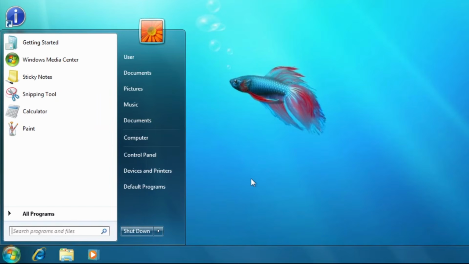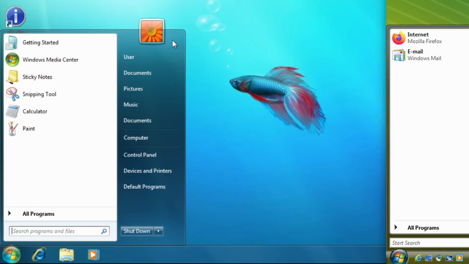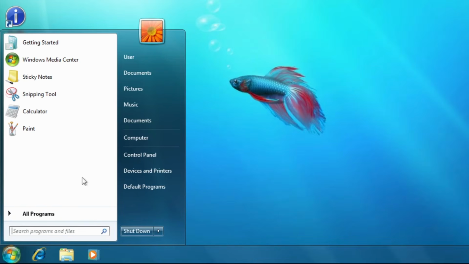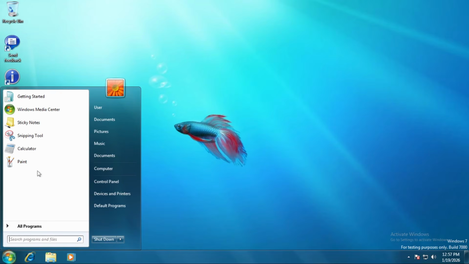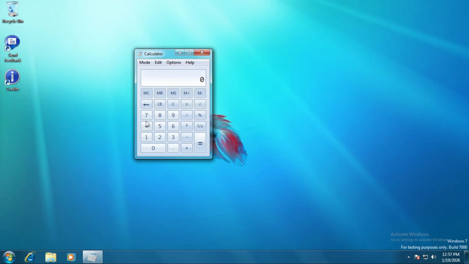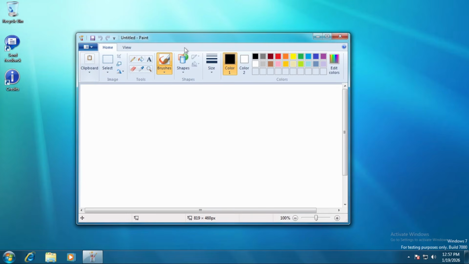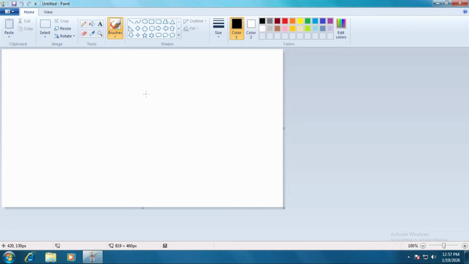Okay, let's open up the start menu. This build still uses the Windows Vista default user picture, including the small details such as the outline over the shutdown button, the all programs text being bold, and also your programs. These programs still use different icons compared to the final release, and I actually prefer these over the final ones, not gonna lie. So here's calculator, here's paint, which on this mod